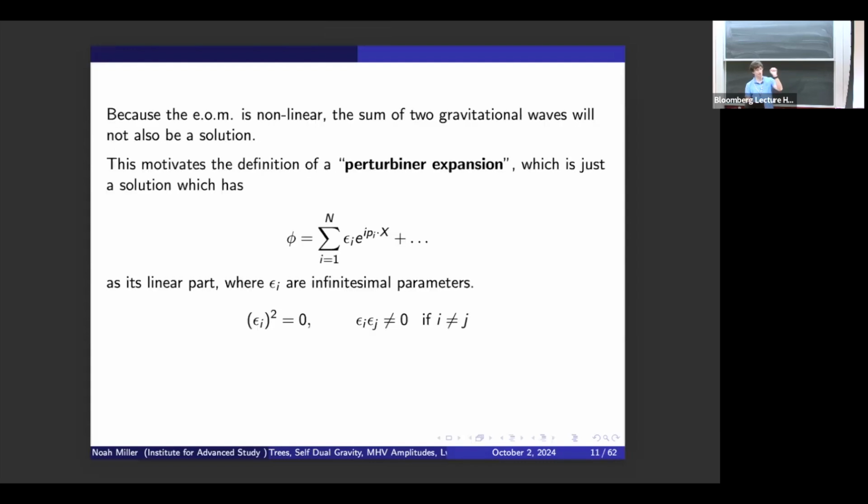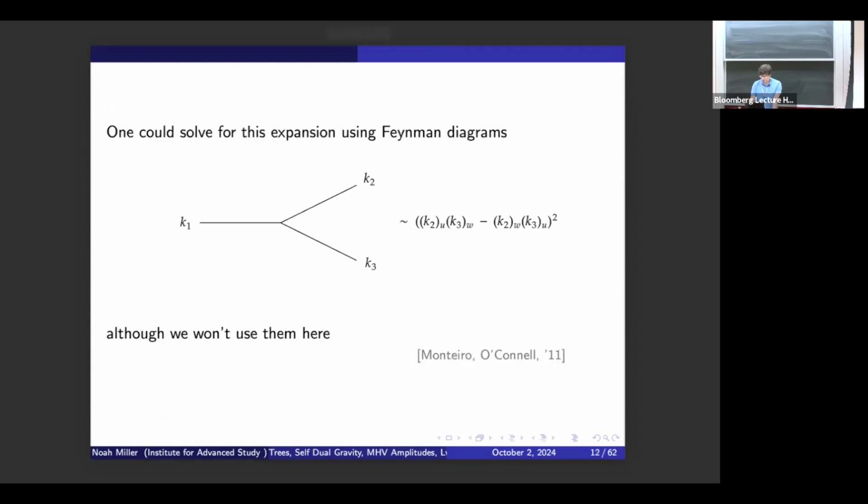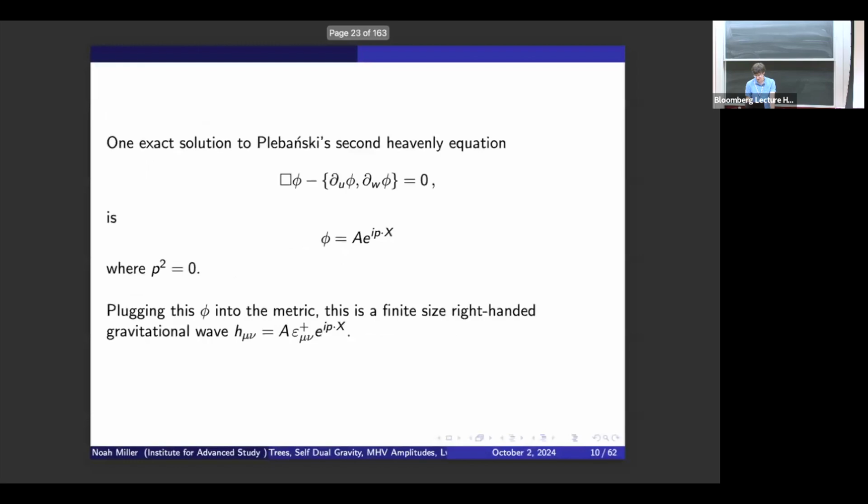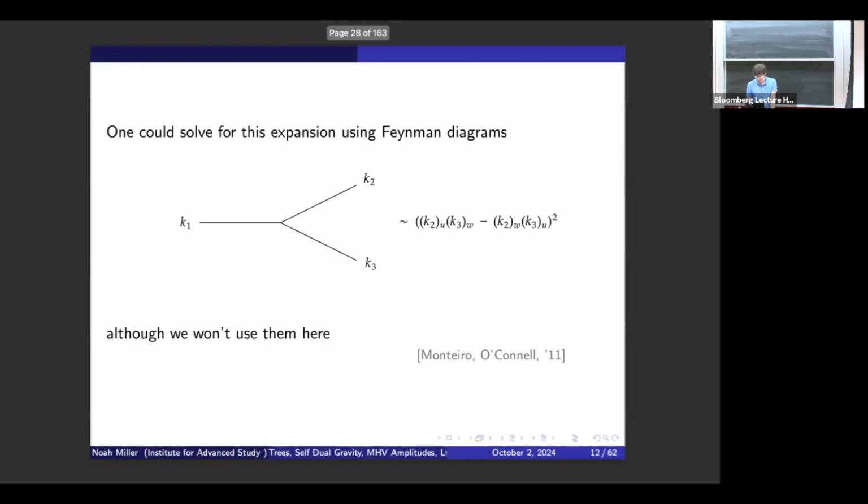And you should really think of these as gravitons. A graviton is a tiny gravitational wave. And the perturbiner expansion will terminate at a highest order term of order epsilon 1 through epsilon n. So usually one would solve for a perturbiner expansion using Feynman diagrams. And this equation of motion has a funny interaction term, but you can still use Feynman diagrams with it. They're not manifestly Lorentz invariant because we singled out u and w,